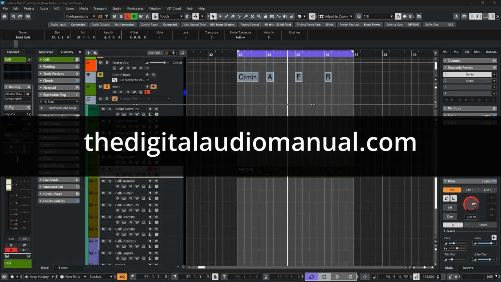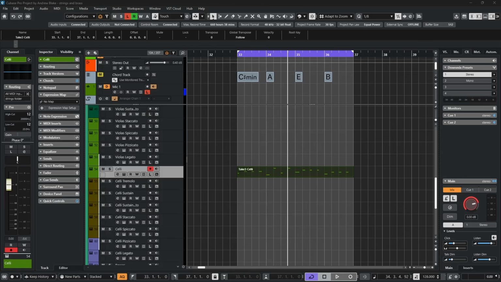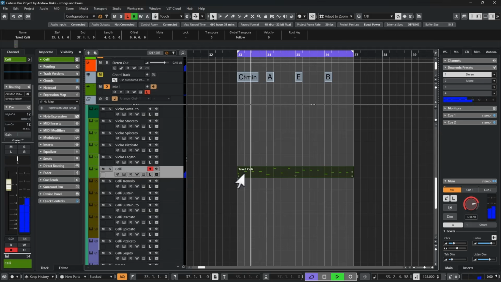Today, let's talk about some expression map workflows. Expression maps are a very useful tool on many different kinds of VST instruments because they provide you a way to easily change the articulations, which allow you to bring realism into your MIDI performances. For example, if I take this cello sound that I brought out of Iconica Sketch